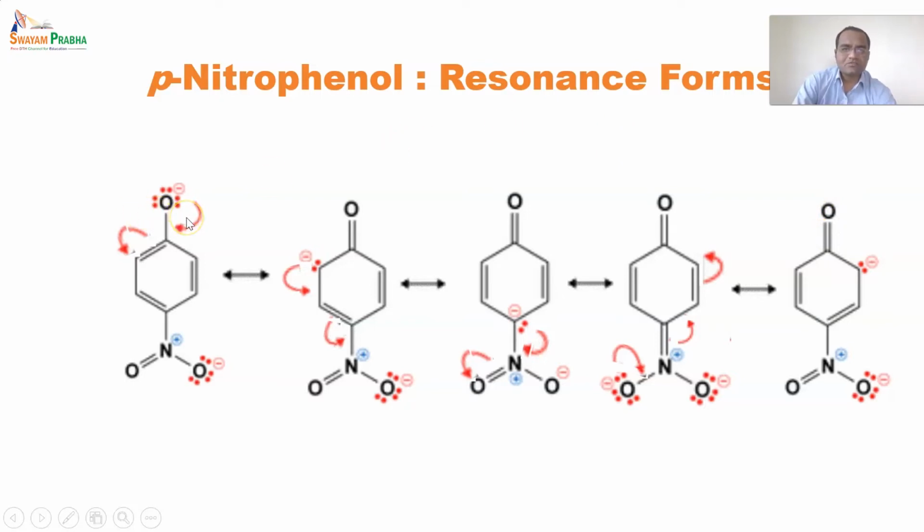So these are the resonating structures of para-nitrophenol, and it has an ability to abstract an electron, or a lone pair of electrons, or withdraw electrons from this phenoxide ion. So clearly it can be seen that electrons have been withdrawn from the phenoxide ion, or the oxygen of the phenoxy group, due to which the acidity of para-nitrophenol is more as compared to phenol, because this electron withdrawing group increases the acidity on this phenoxy ring.